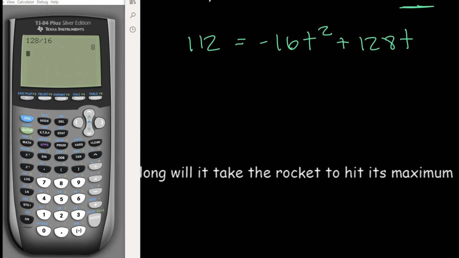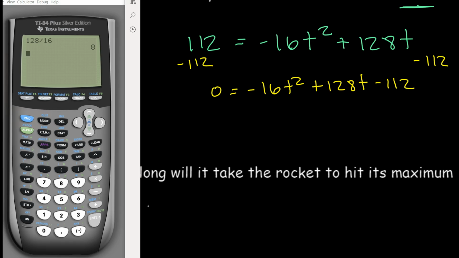Now, if I'm trying to solve a quadratic, is this how this equation should look? No. If I'm trying to solve for t, what should I do? You have to have it be equal to 0. So I'm going to subtract 112 over. So this is 0 equals negative 16t squared plus 128t minus 112. Now, because these are crazy numbers,